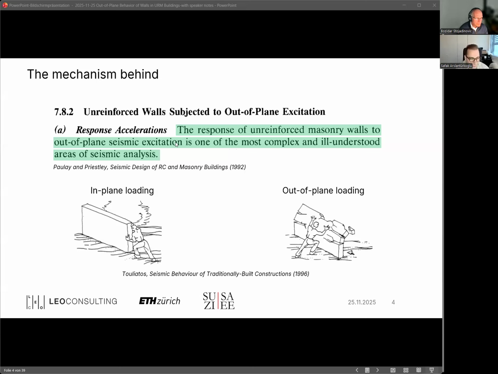So when we are dealing with a wall that is loaded perpendicular to its plane, that is, out-of-plane loading, this could also be the seismic excitation that may cause the wall to bend, or that may lead to a rocking outward, and this will eventually fail, either partially or completely. So what we should differentiate here is the type, or the mechanism, of this behavior. In-plane loading, we are usually dealing with materials, but out-of-plane is primarily a stability problem. So here we are required to perform a stability check, and not always a material type of assessment,